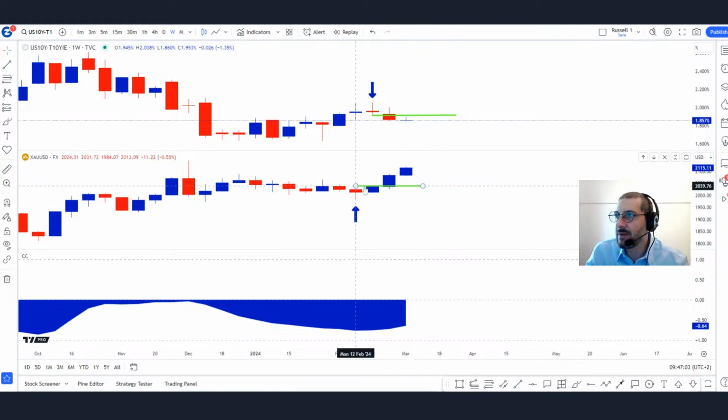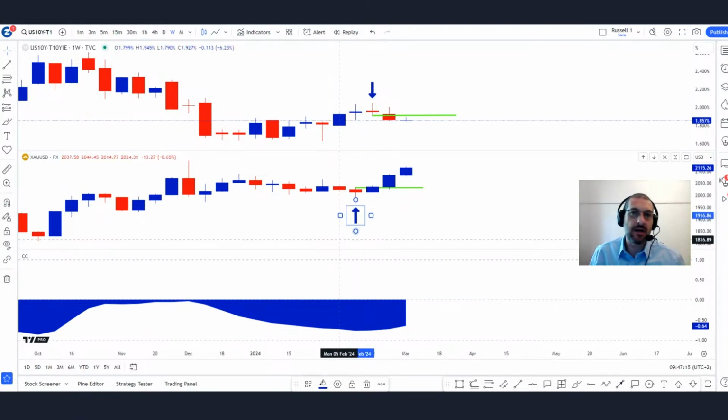And once we get gold closing above the reference candle, you can see that it started a really nice swing just over the last 2 weeks. So let's just take a look at gold again. It has been on our watch list for quite some time. And what we'll do is take a look at the weekly chart.